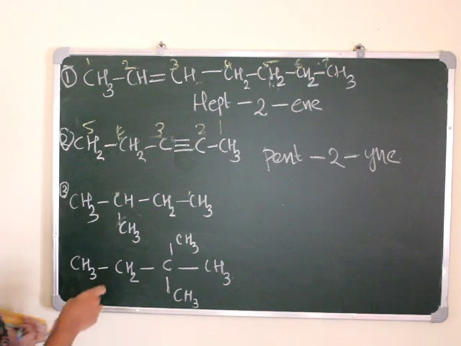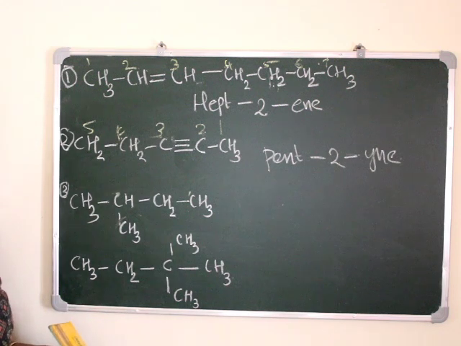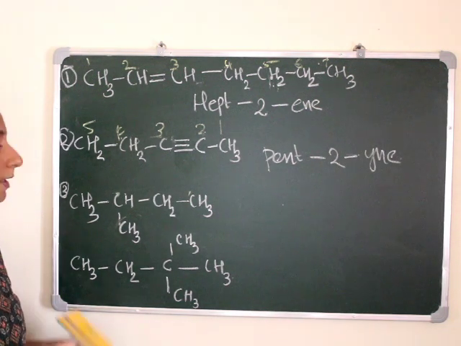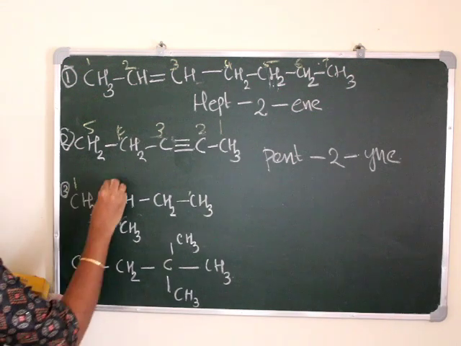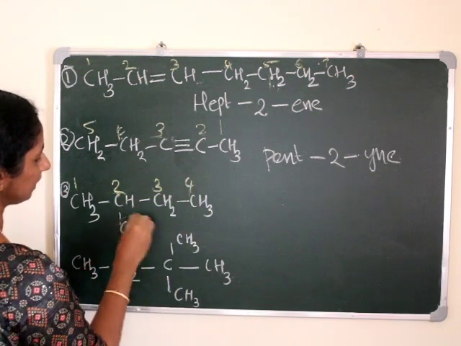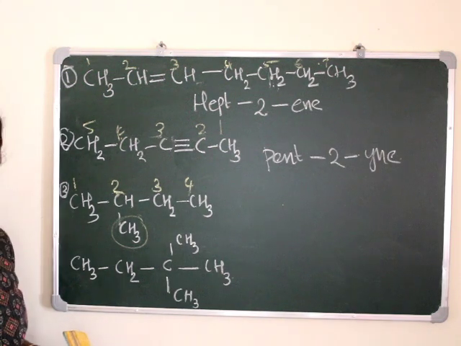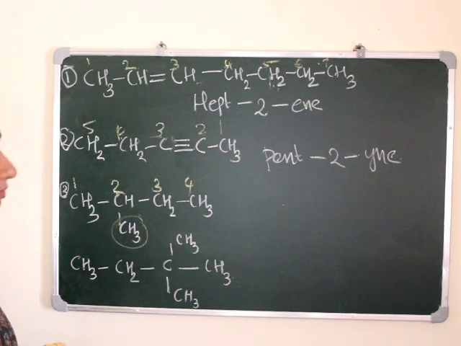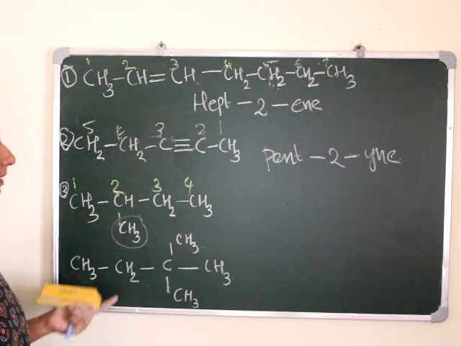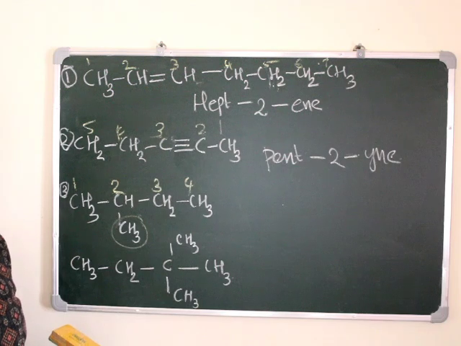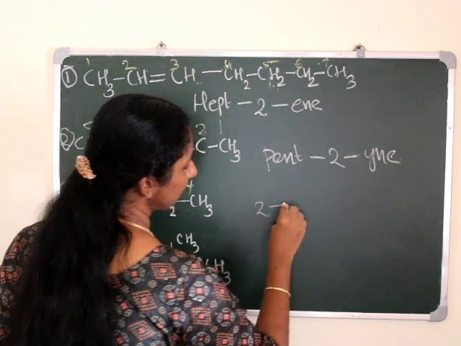And when we are getting into this particular hydrocarbon, in case of branch having alkanes, we want to get lesser number for this branch attached carbon atom. So how can we give the numbering? 1, 2, 3, 4 like that, and this will be the branch. Okay. So in case of alkanes with single branch, how can we write the IUPAC name? So at first we want to write the position of carbon atom at which this particular branch is attached. So the position is 2. So we are writing it like this, 2. Then we are putting a hyphen.